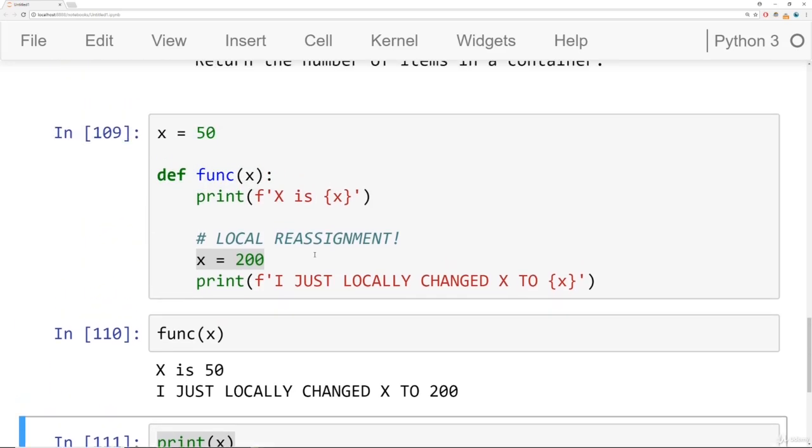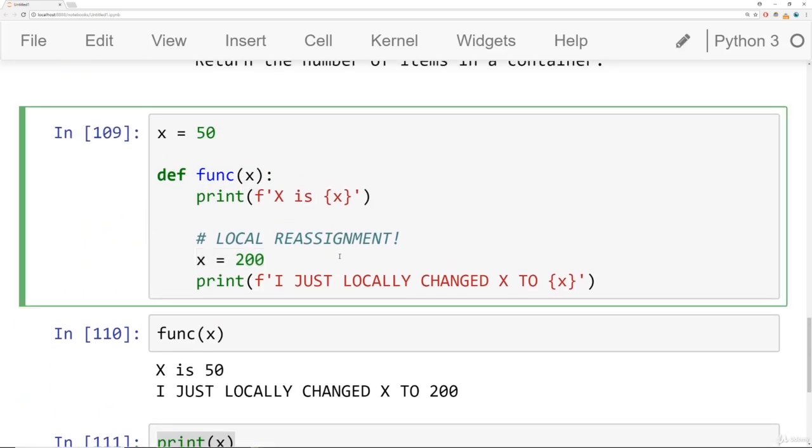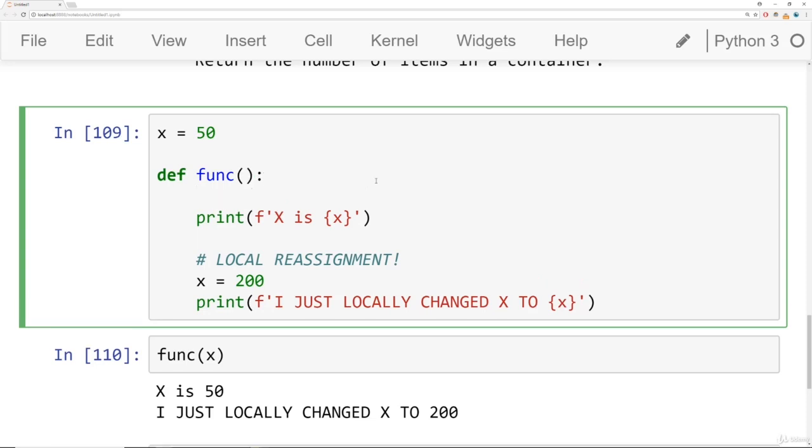So let's imagine you're in a situation where, for whatever reason, you actually did want to grab this global x and reassign it to be 200. How could you do that? Well, in that case, we won't actually accept x as a parameter. Instead, what we're going to do is inside our function, at the very first line, we're going to declare the global keyword here, and then say x. And what this does is, instead of passing in x, we're going to declare a global x, and that tells Python, hey, I want you to go to the namespace, jump to the global level, and grab the x variable there. And then what I want you to do is anything that happens inside the scope of this assignment, it's going to affect